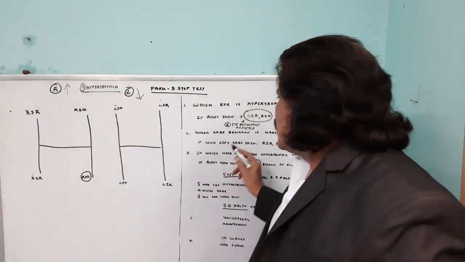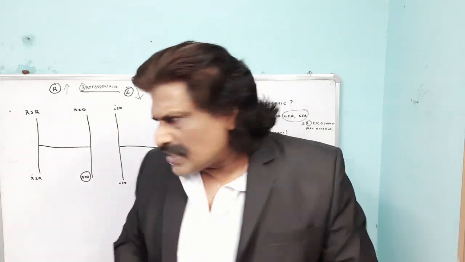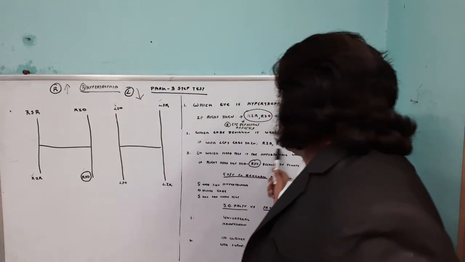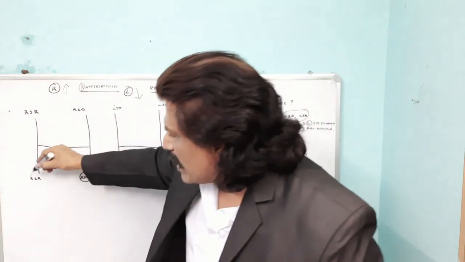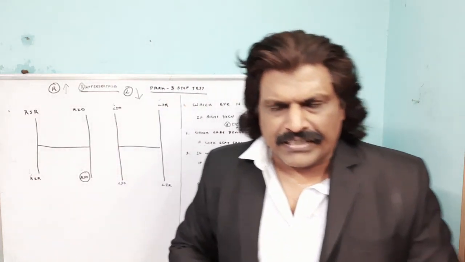The second step is which gaze deviation worsens. So we have taken right hypertropia. When I look to the left, if it is going to worsen, then it means the right sided muscles are involved. So when I look to the opposite direction, if it is going to worsen, then this side's muscles are affected. So when I look to the left side, if it worsens, then either the right inferior rectus or right superior oblique has to be affected. So now from the 4 we have narrowed it down to 2. So right inferior rectus or right superior oblique should have been affected.